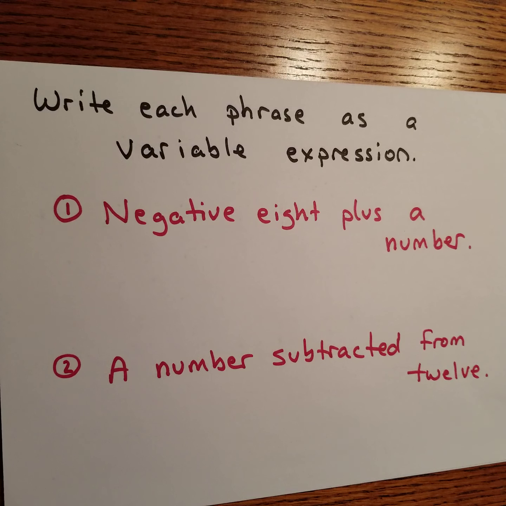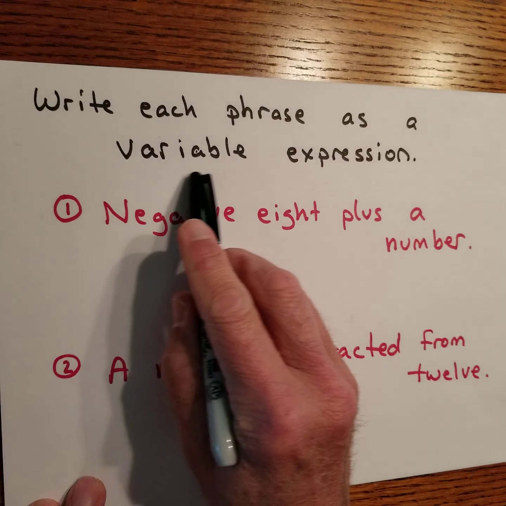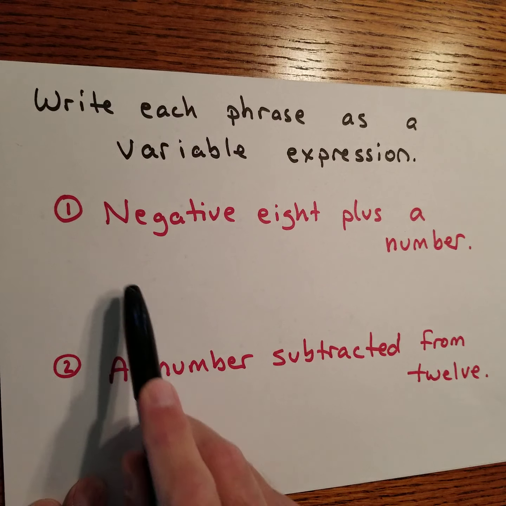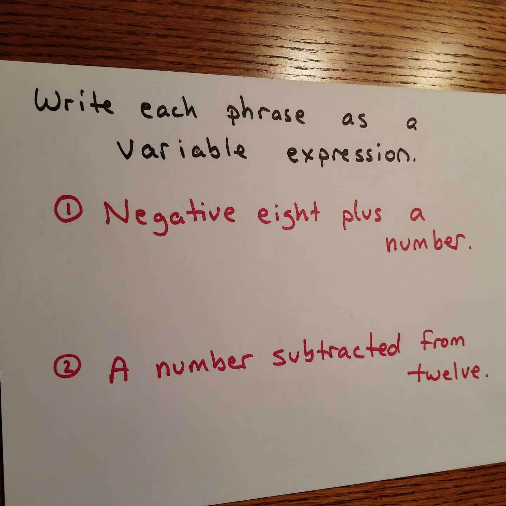Here's what your homework will look like today. Write each phrase as a variable expression. Number 1, -8 plus a number. Can we rewrite -8 plus a number as a variable expression, meaning use math symbols and variables to represent -8